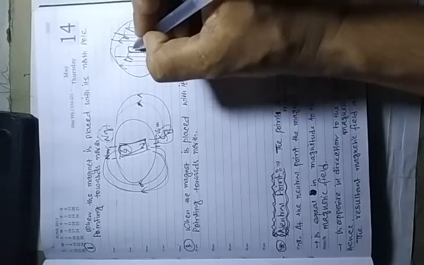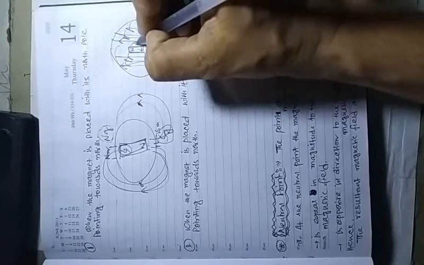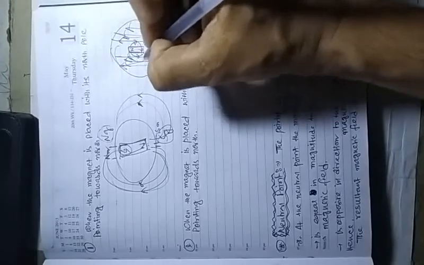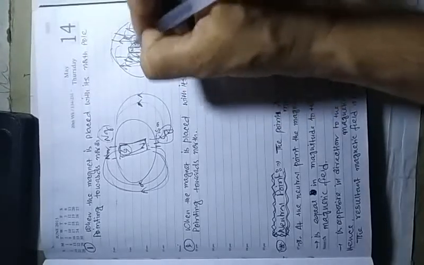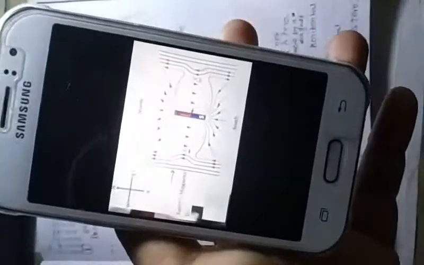Now if you put a bar magnet, from the south hemisphere to the north hemisphere the magnetic field lines are going. Suppose that is north and that is south, then it is just the opposite magnetic field. So in this area, the area in the picture I am talking about, the magnetic field strength is 0. So these are some criteria you need to remember, students. There is nothing to understand, you just need to know.